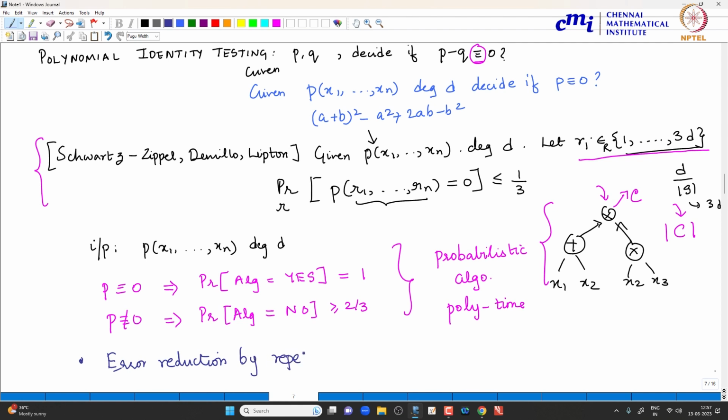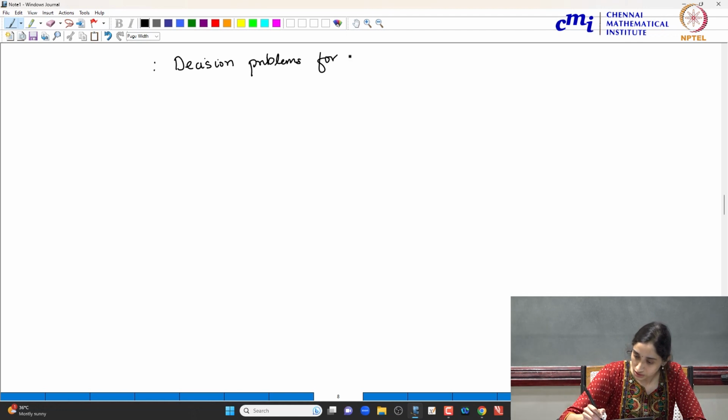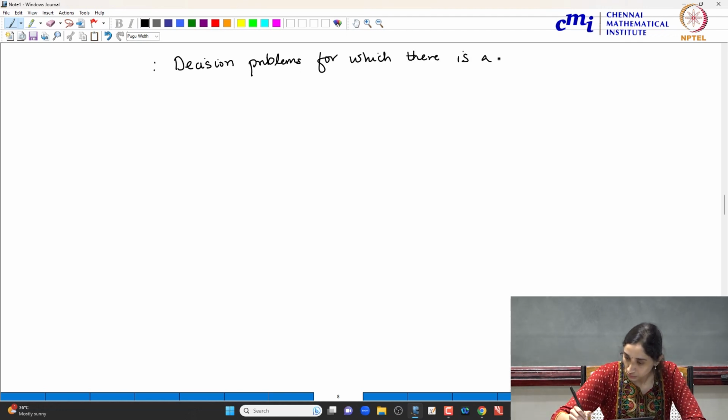If I repeat this many times, the probability with which bad things will happen again and again keeps getting lower and lower. So now that brings us to another class. We want to look at decision problems for which there is a probabilistic polynomial time algorithm,